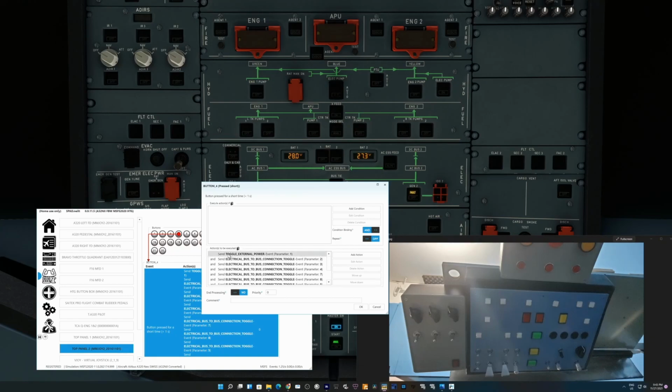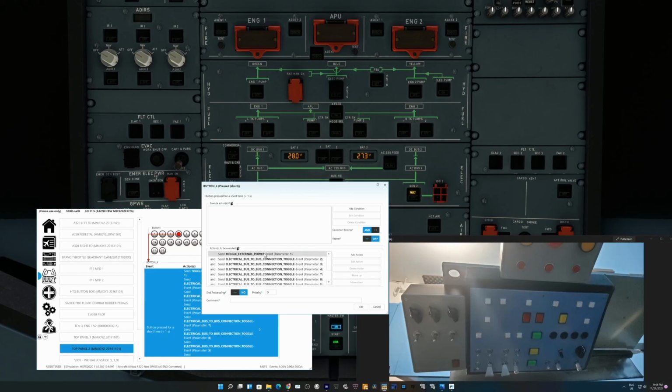So I'm getting it from the event viewer here, from Spad.next. So I'm sequencing this toggle bus connection 2, 3, 4, 7, 8, 5, 11, 9, 10 together